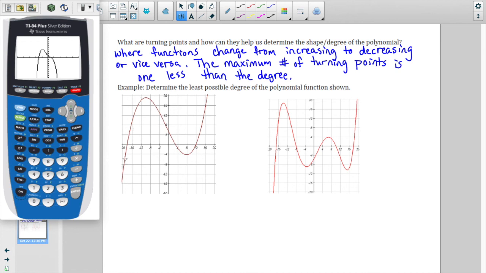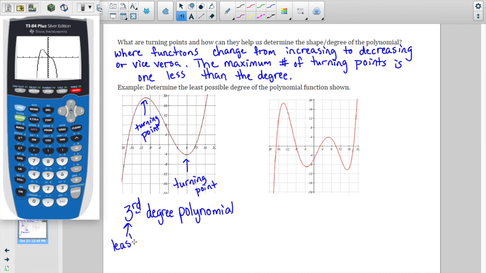Well, notice that it's increasing from negative infinity to maybe negative 10, and then it changes directions. So there's a turning point. Right here is a turning point. Notice that my turning points are also where I'm going to find my relative maxes and mins. And here's a turning point. So since this has two turning points, then the least possible degree this could have is a third degree polynomial. Okay, that's the least degree. It could be a 5th degree polynomial or a 7th degree polynomial, but the least degree it can be is 3 because there are 2 turning points, and the turning points is 1